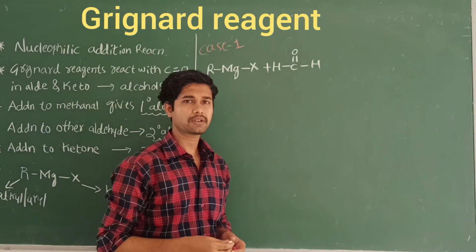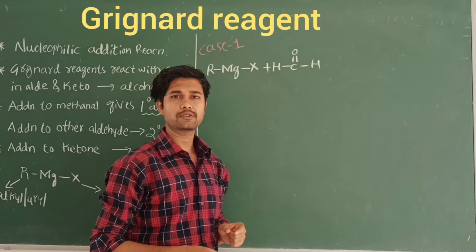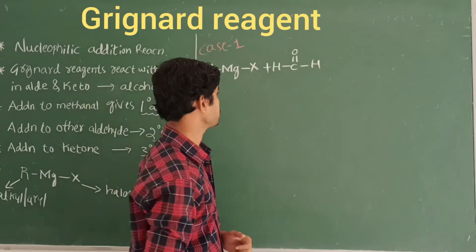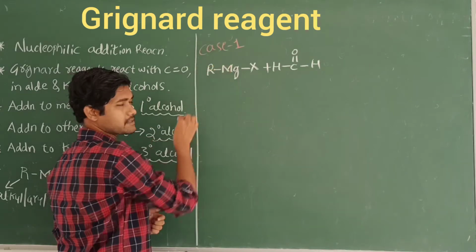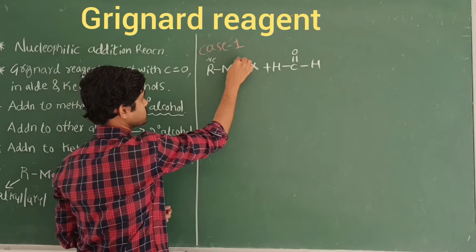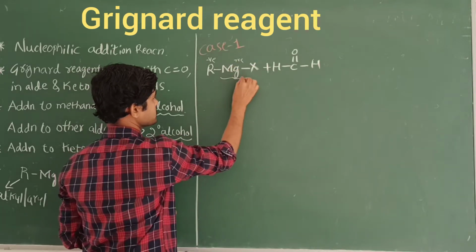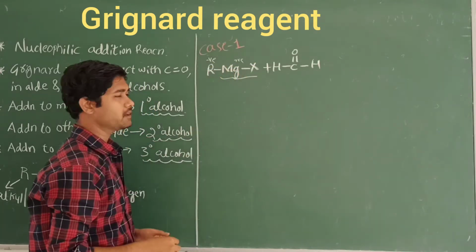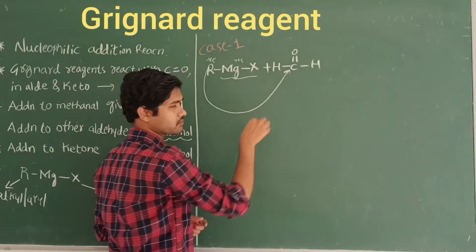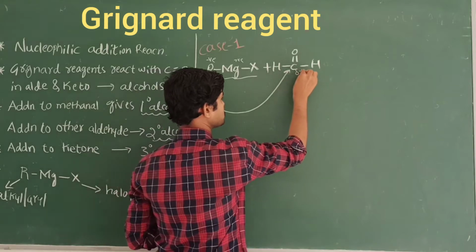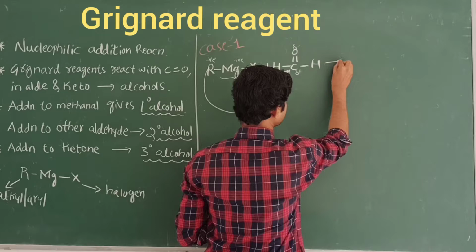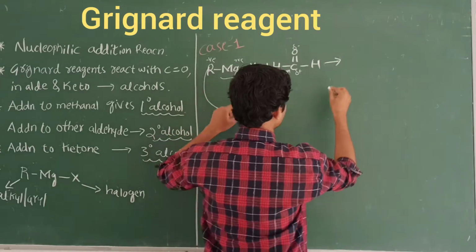Conversion of this double bond into a single bond is called addition, so this is a nucleophilic addition reaction. Here the R group acts as a nucleophile, and this group carries the positive charge. When this nucleophile, the R group, attacks the carbonyl function, because you know the carbon is slightly positive and the oxygen slightly negative, right? So you should see this mechanism. When this R group migrates here,